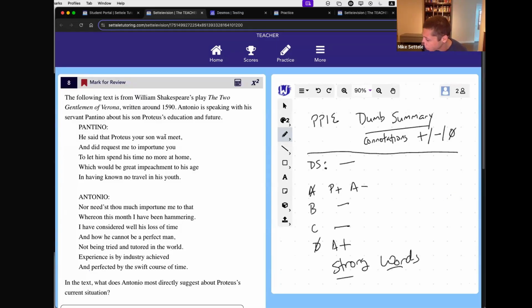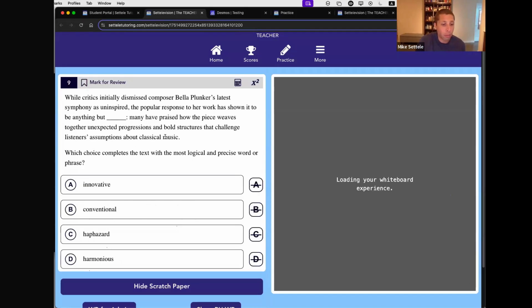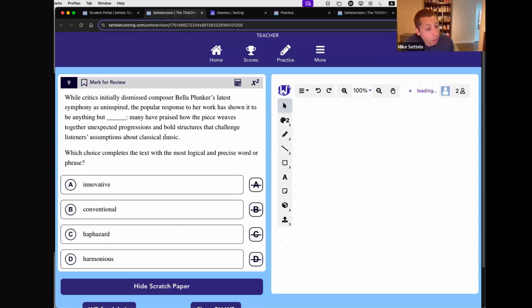But let's do one that's a little easier on the brain. Let's do a vocab question. Because vocab questions also are very good for connotations, because a lot of words are just adjectives with a connotation, but also for understanding what's going to happen when the passages get longer. So let's do this one together. We're running a little short on time, so if you feel like you got an answer ahead of me, go for it.